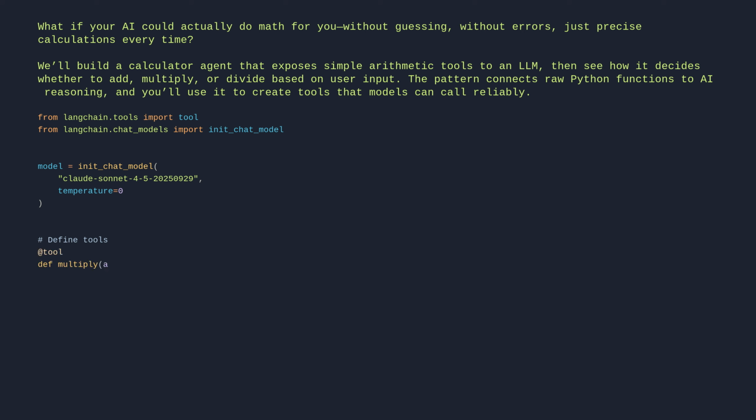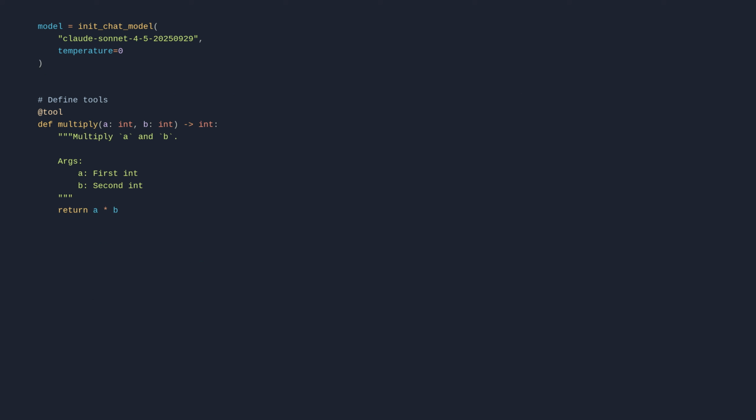def multiply(a: int, b: int): Multiply a and b. Args: a: First int. b: Second int. return a * b. @tool def add(a: int, b: int): Adds a and b. Args: a: First int. b: Second int. return a + b. @tool